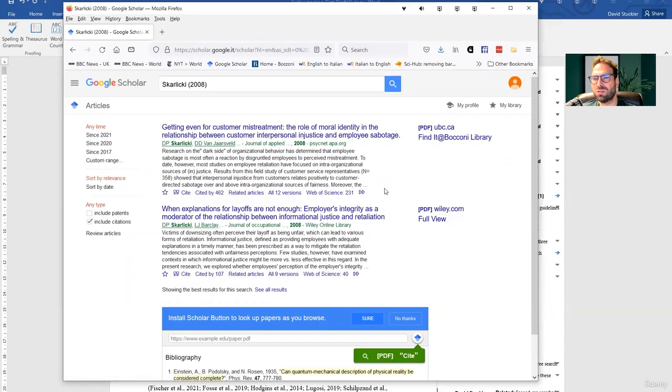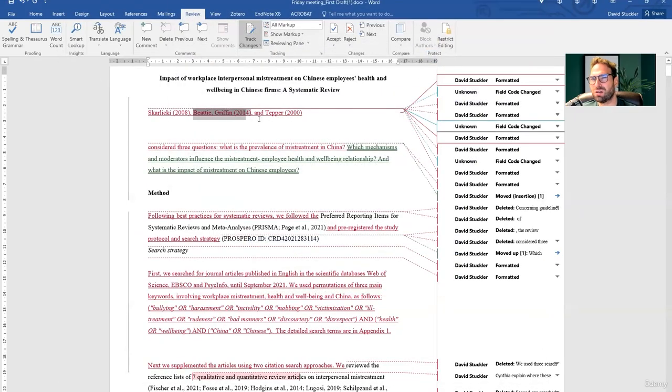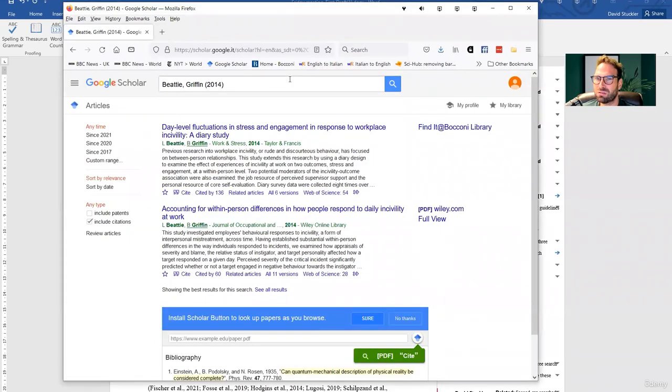So it's pretty inefficient to go through 462 citations here. Again, you just made life a little bit hard on yourself to only find 3 papers.